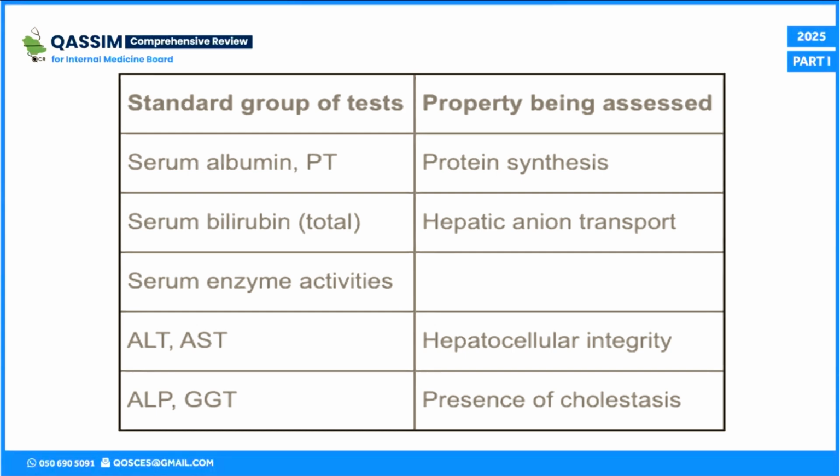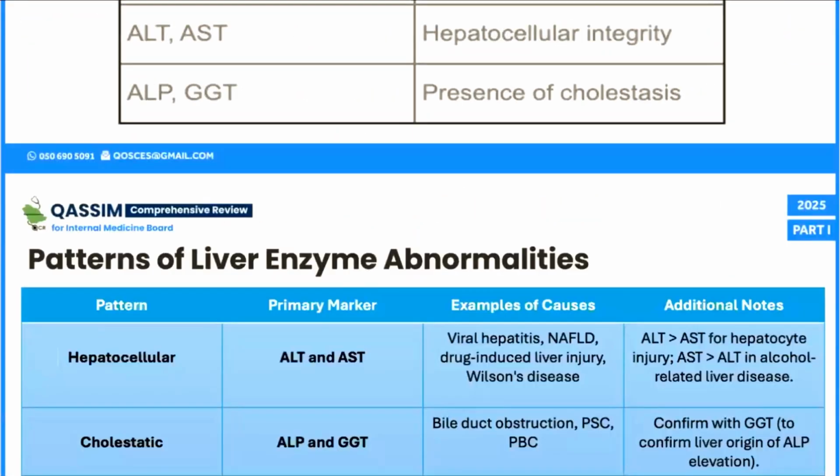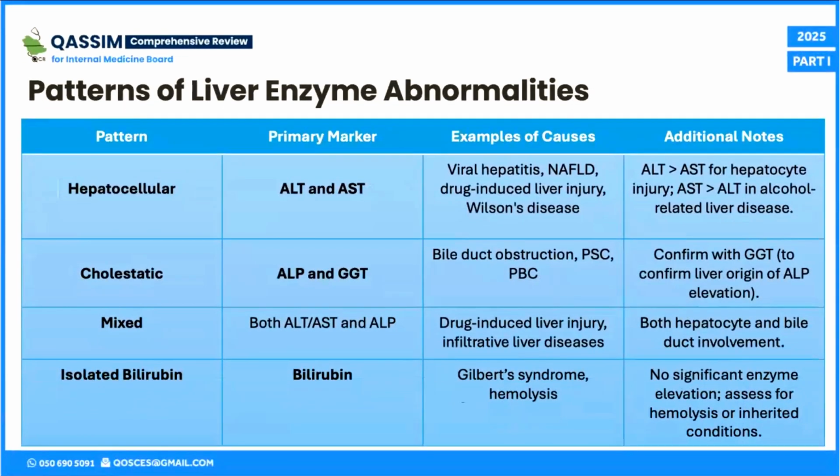That is why some of you may have seen patients with acute liver failure or fulminant liver failure who have an increase in both direct and indirect bilirubin. And we measure the enzyme levels, including ALT and AST, which measure the hepatocellular integrity, and alkaline phosphatase and GGT, which measure the presence of cholestasis. This is another table that summarizes